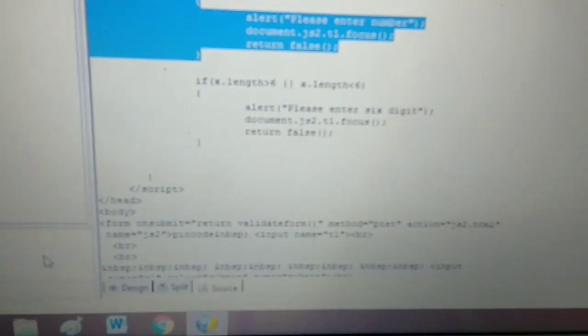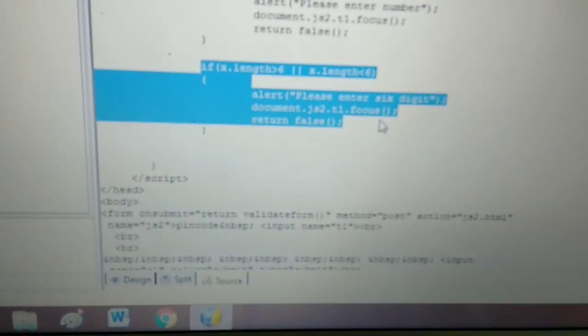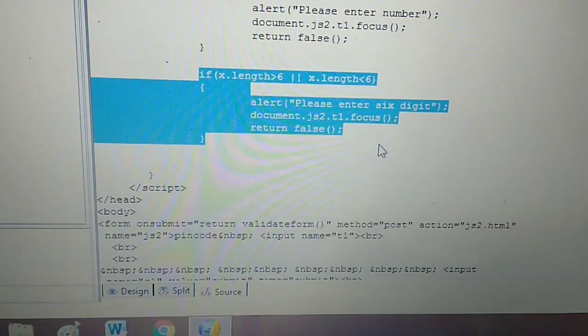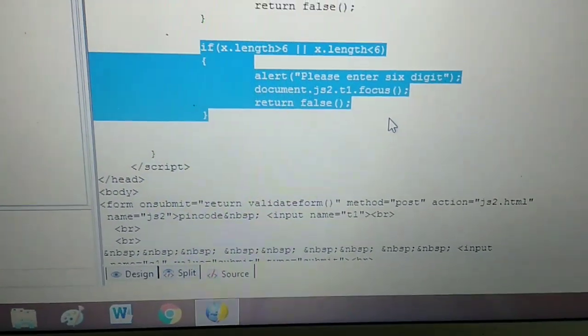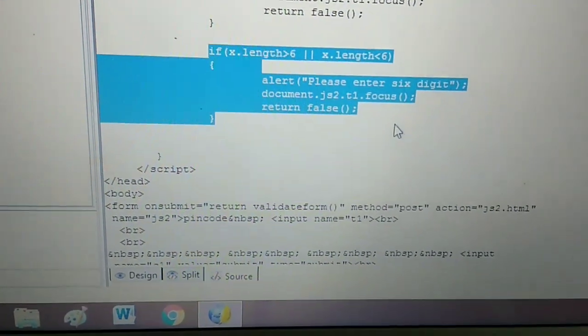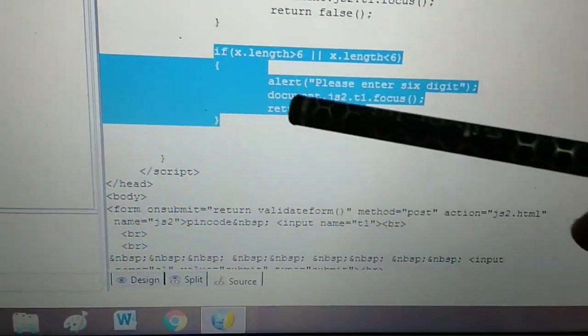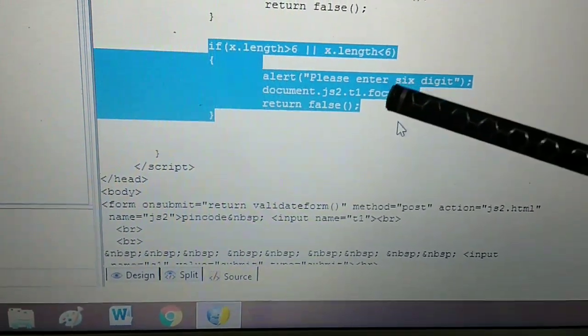Now, can you see, if y dot length greater than 6, y dot length less than 6. If this condition is true, then and only then your program enters inside the if statement and displays this message.